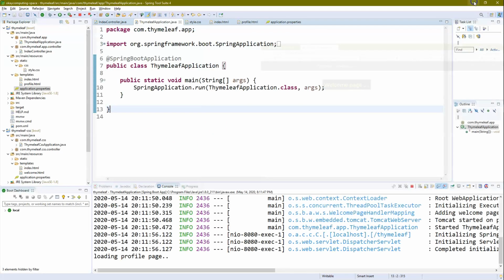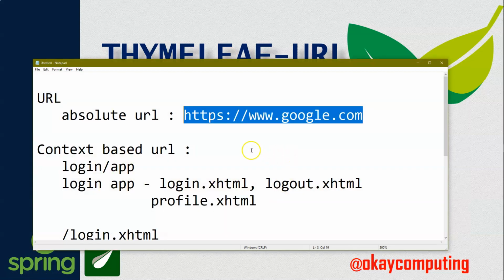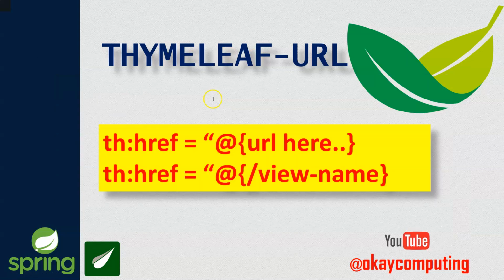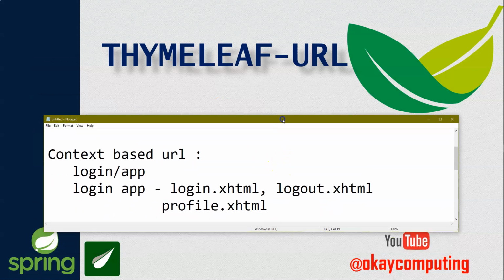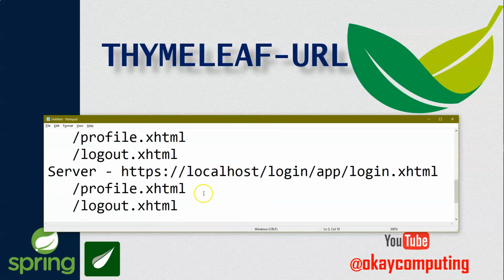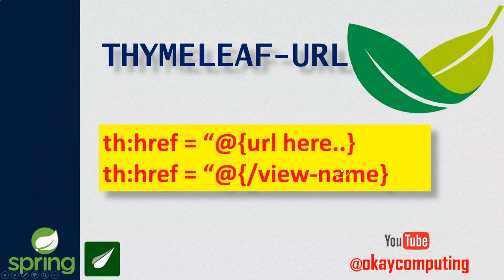Now if I have to summarize what we have learned in this video, or what we have covered throughout the video: we now know how to work with absolute URLs, where we have the complete path. Let me open my notepad one more time here. So now we know how to work with absolute URLs, right? And we also know how to work with context URLs. Basically, context URLs are taken care of by your server itself.